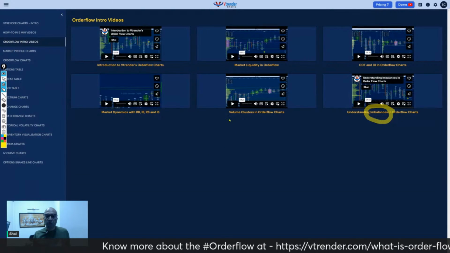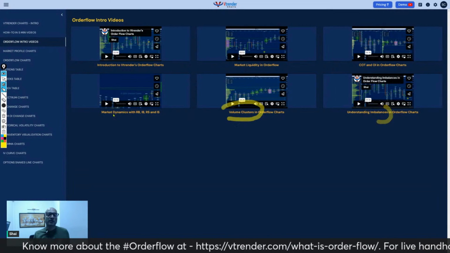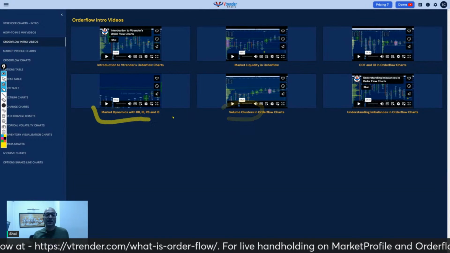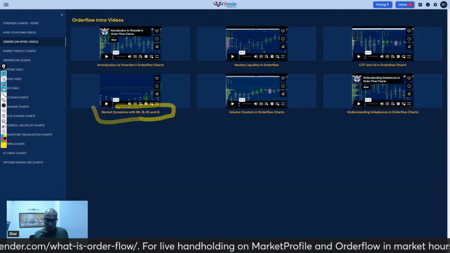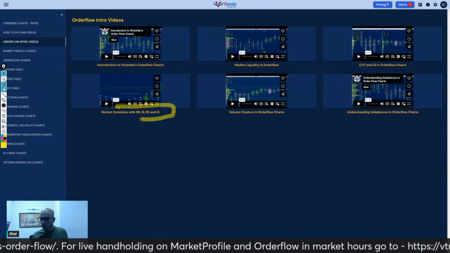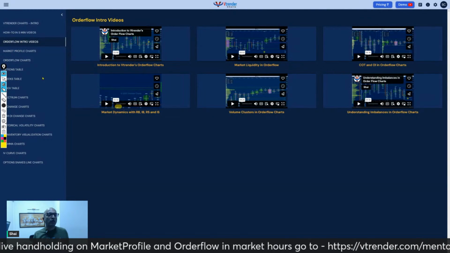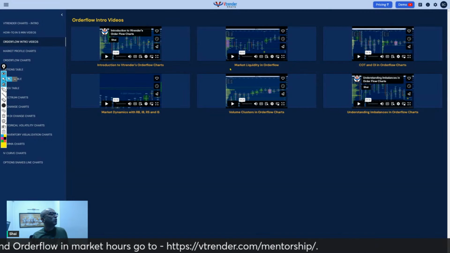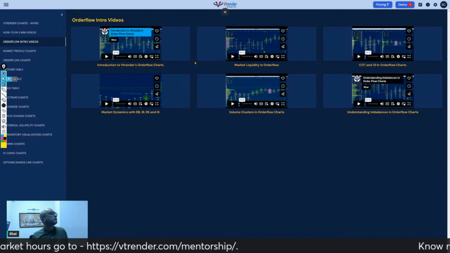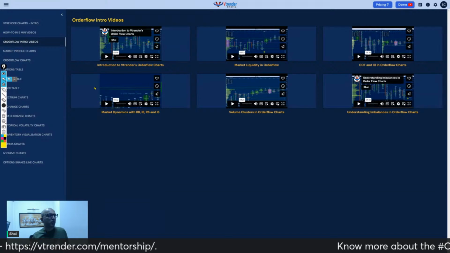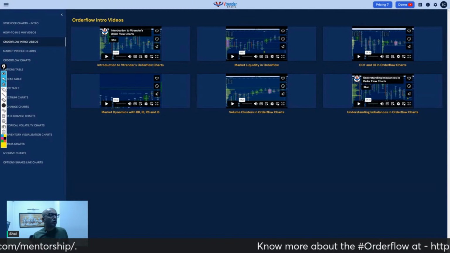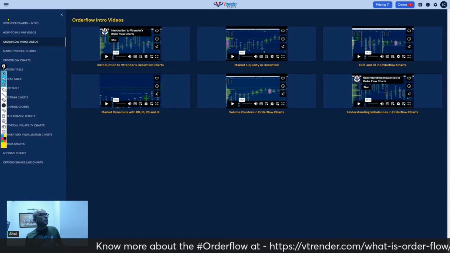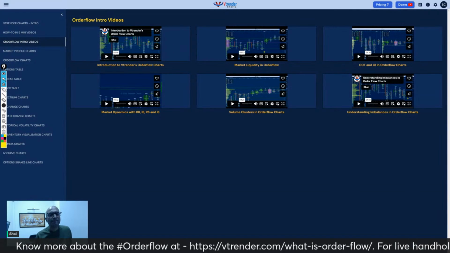Then volume cluster is a third thing about order flow. Then there is responsive buying, initiative buying, responsive selling, and initiative selling, and all of this also makes an order flow chart. So when I'm looking at all of these things together, I'm getting an order flow chart on screen. I hope this clarifies some questions which some of you may have about what is an order flow chart. Now I'll be honest with you, when it comes to order flow, it is not simple,